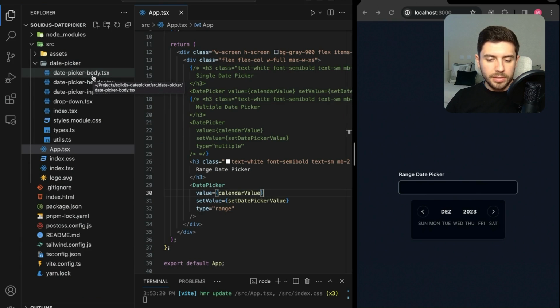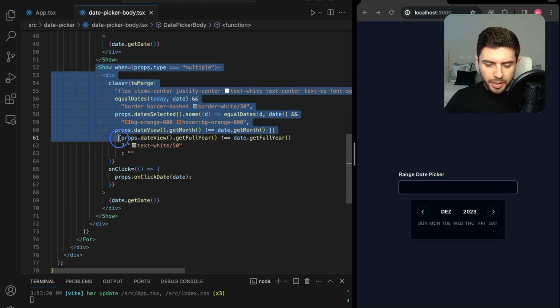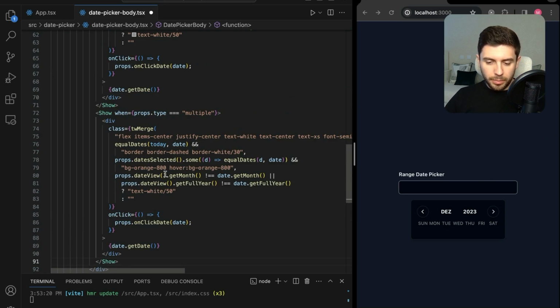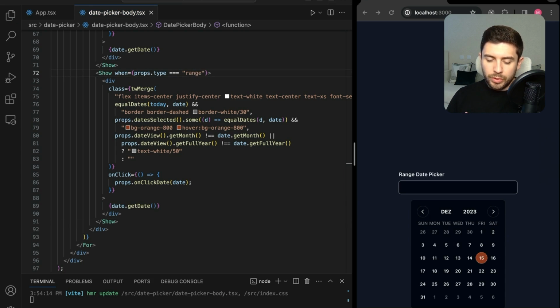So let's go ahead and start with the body. And we can simply copy the multiple one, the show element, and paste it on the bottom, like so. Change this to range. So first thing we want to say is that